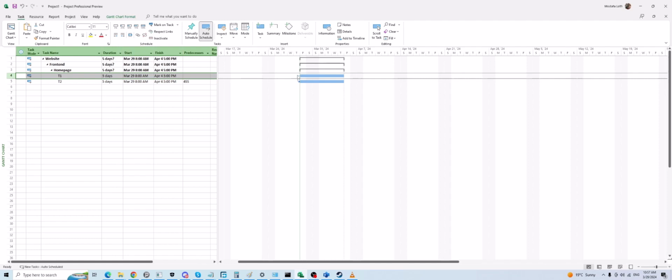Remember, it's very important. It doesn't mean these two start together. This link means start to start, especially when this one is the successor and this one is the predecessor. It's very important for you to fully understand that it doesn't mean that these two tasks start working together, although it shows like that. It means